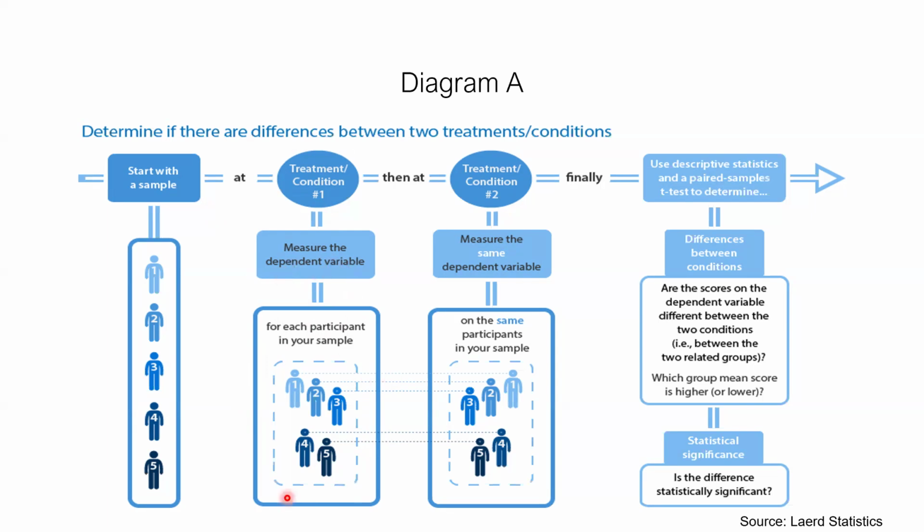Okay. Now, the same set of participants will be asked to enter a second room wherein there is red light. Okay, so the second condition is that there is red light in that room, and how long they reacted, or the reaction time, will also be recorded. Okay, so finally, in this case, you would want to find out if the scores, or the reaction time, are different between the blue light room and the red light room. Okay, so between the two conditions where you have exposed your participants.